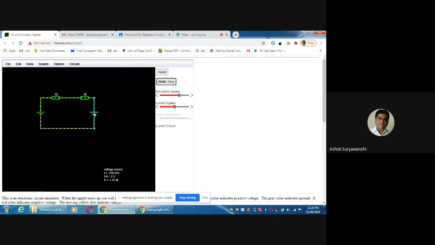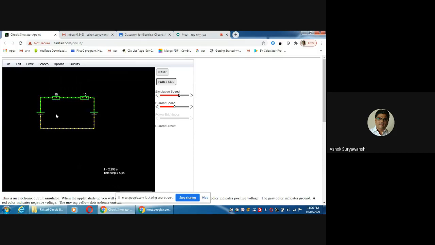Why? Because for this source, current is flowing from higher potential to lower potential, so the direction of current is like this. But for this source, current is flowing in this direction, that is the direction of the current is from higher potential to lower potential, so that is why it is showing negative, right? But if you see the flow of electrons, these dots right now, they are flowing in this direction. Why? Because this is the flow of electrons, but the actual conventional direction of current is always from the higher potential to lower potential, like this.